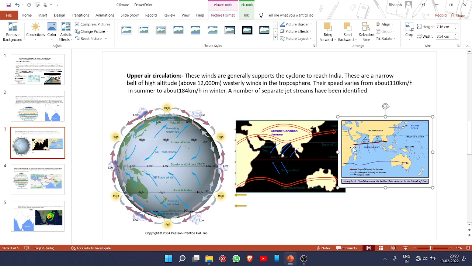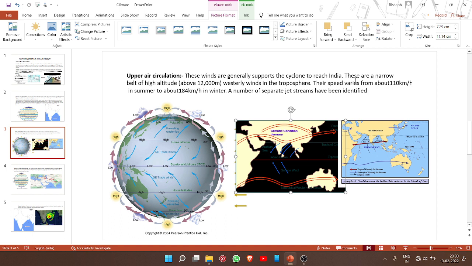These two jet streams are very much important, and these two jet streams support the monsoon to come towards India. One during the summer season, another during the winter season. This is in the winter season and this is in the summer season. So note down the notes. These winds generally support the cyclone